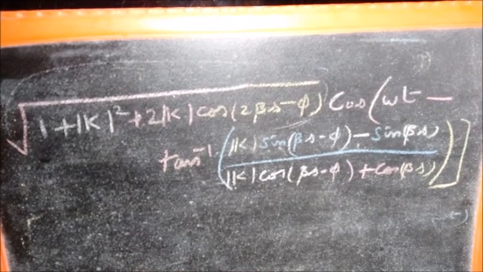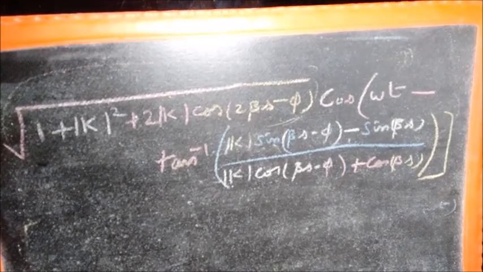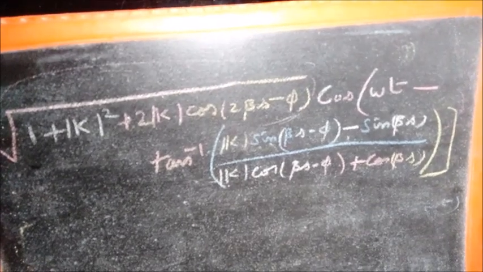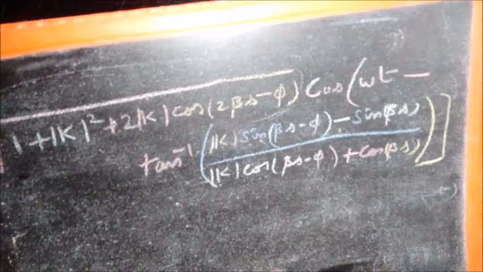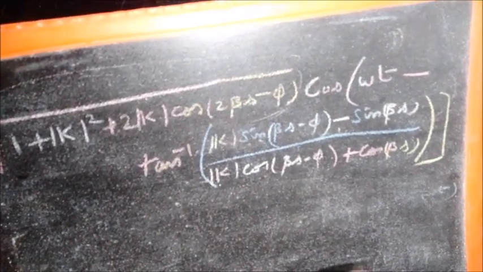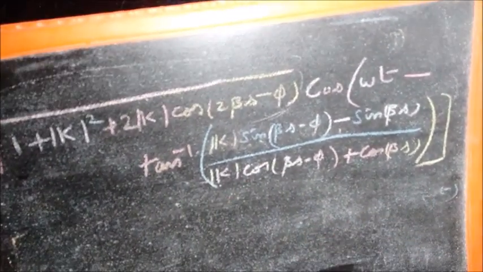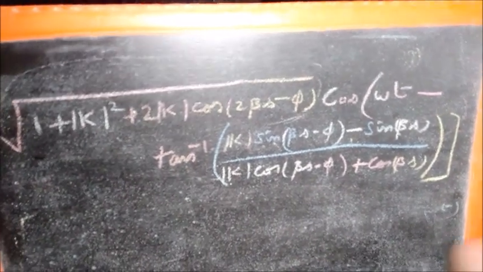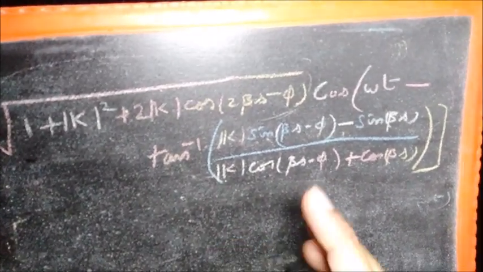So if I recall, I think we had k is equal to 1 there, I'm not sure, and then we had k is equal to 0 and maybe k is equal to 2 or something like that. Anyhow, k is equal to 1 by 2 or maybe something like that. Anyhow, we had plotted it for various values of k. Now what we do is, we will try to understand this.